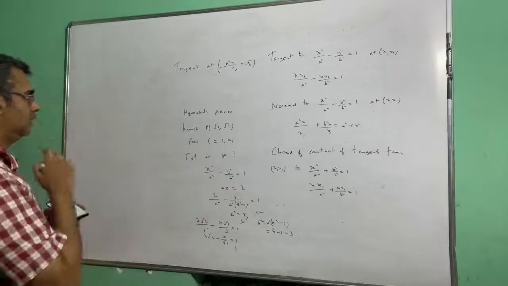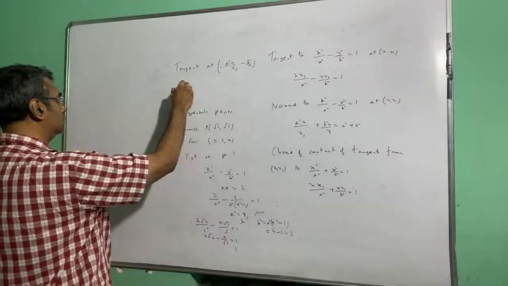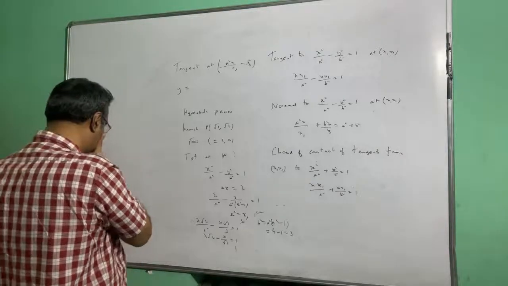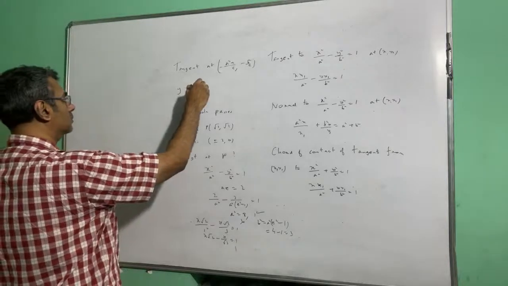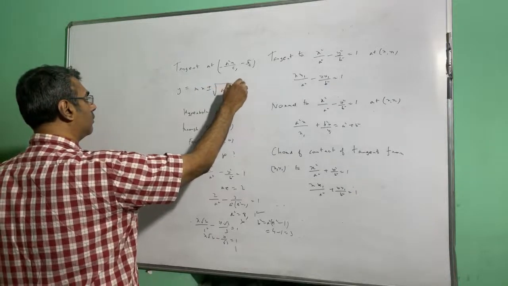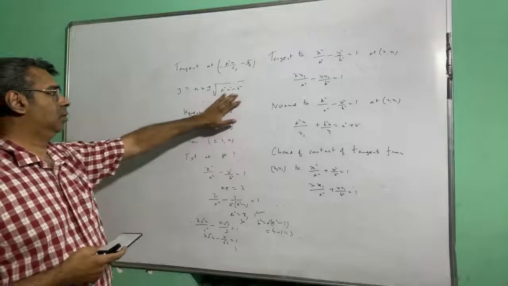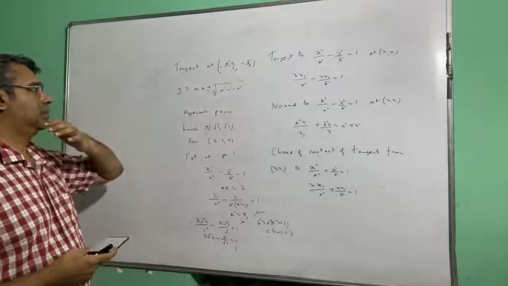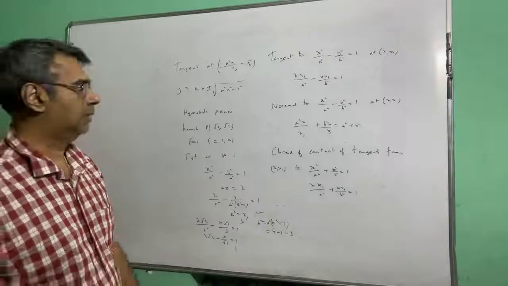So tangent at minus a square m by c, minus b square by c, it will be y equal to mx plus minus root a square m square minus b square. So that completes